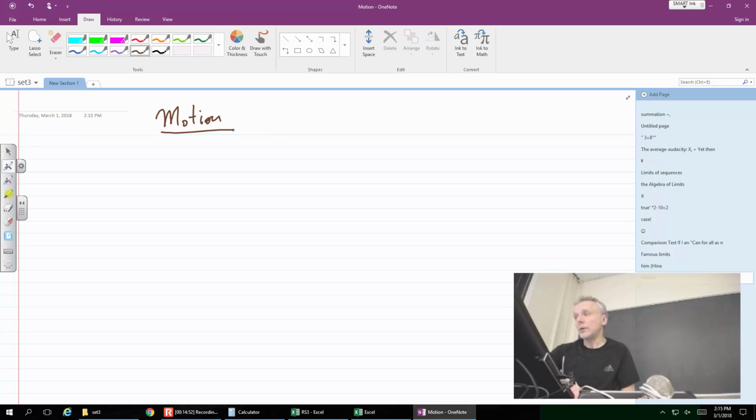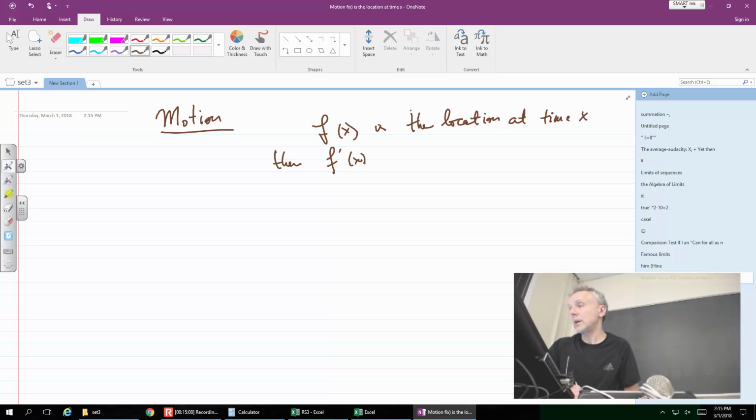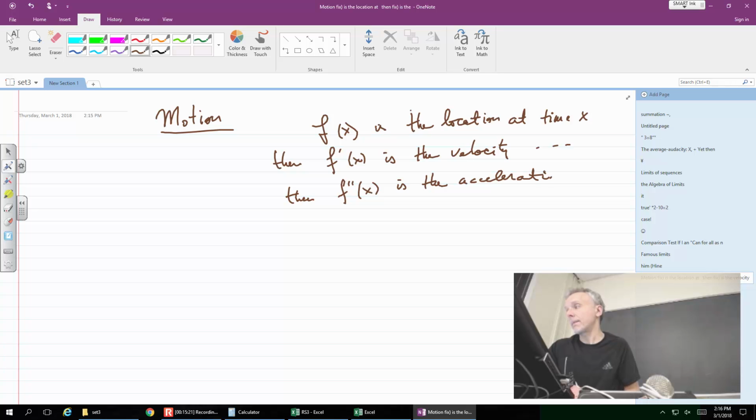So f of x is the location at time x, then f prime of x is the velocity at time x, and then f double prime of x is the acceleration at time x. Then you can go in reverse, and instead of differentiation like this, which is really easy,